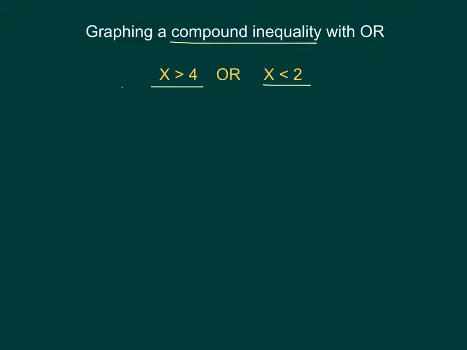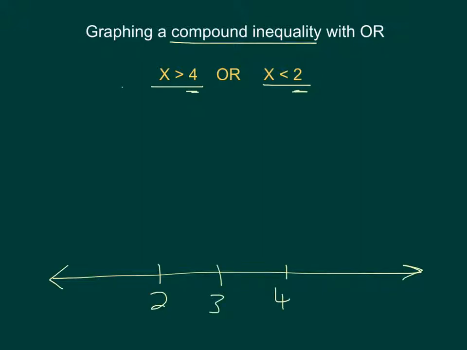To draw this, we're going to need our number line. Remember to put the arrows at the ends. We're also going to need the number 2 and the number 4 somewhere on our number line. We can then fill in some more numbers to be clear. When we have a compound inequality, we're going to draw each individual inequality above our number line and then put